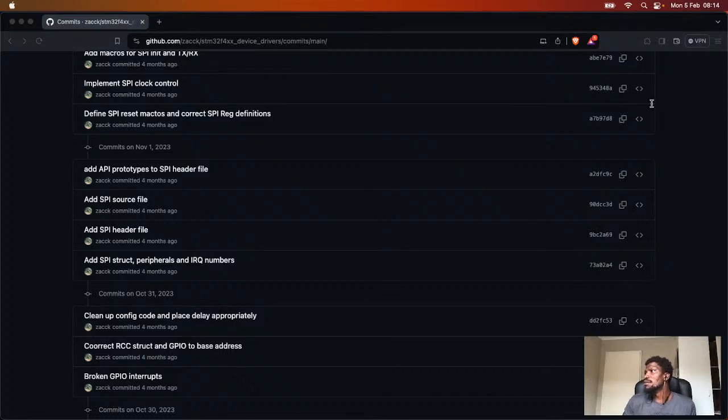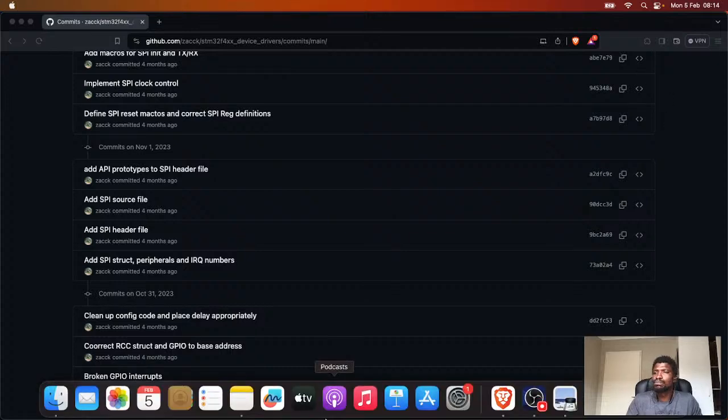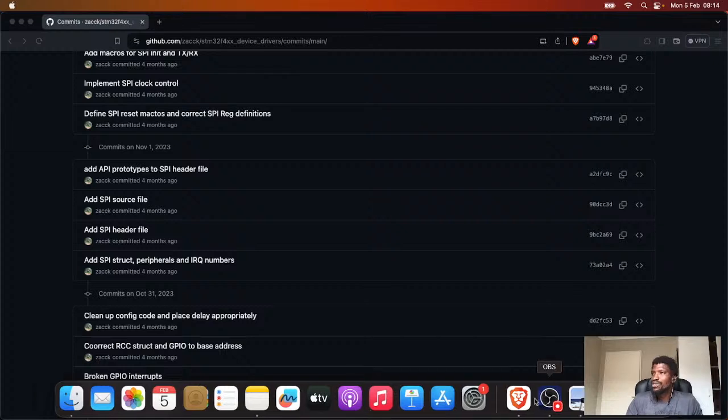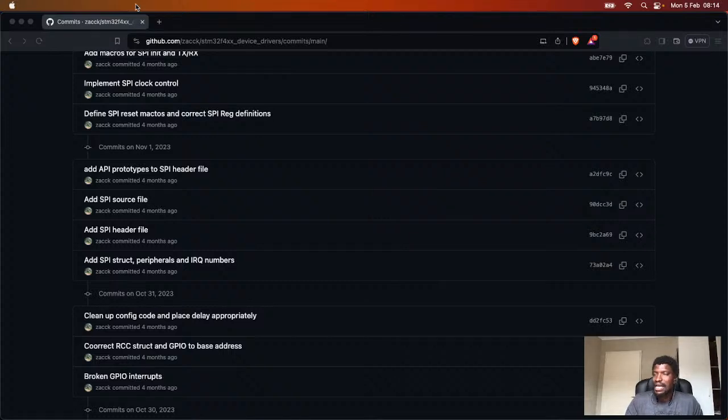So think about something like you have two devices in close proximity, and they need to send each other data at quite a high rate, and the distance between these two devices is